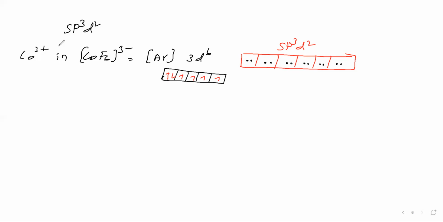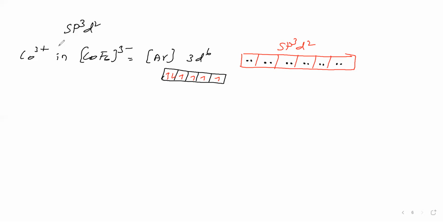Suppose the magnetic moment is not given. No idea is given whether it is paramagnetic or diamagnetic or the number of unpaired electrons, nothing is given. Then hybridization is asked. Then how to find it? For this we will do one thing. We will take crystal field theory, where ligand strength is given. If we remember the order of ligand strength, then we can say whether the complex is inner orbital or outer orbital.